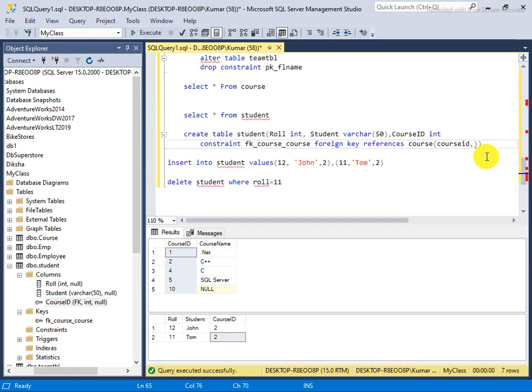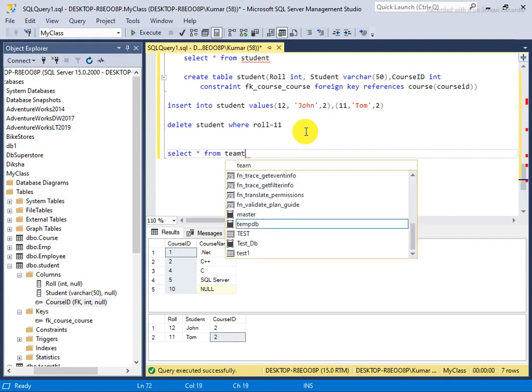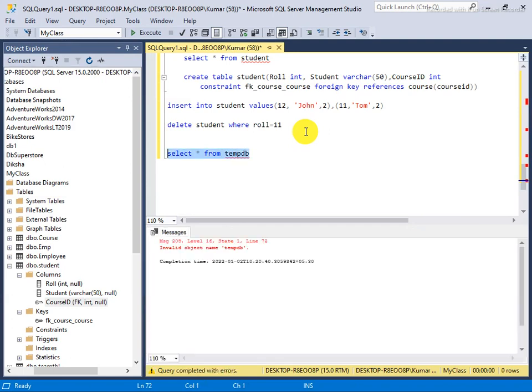I am showing you. Again I am making another table. Select star from team DB, sorry, it's been deleted.